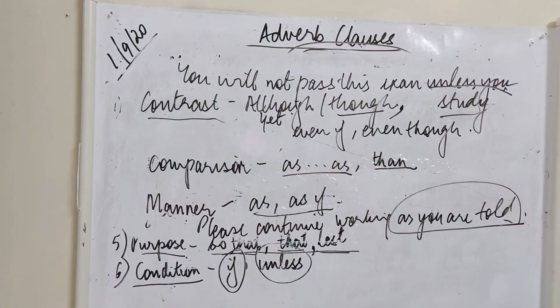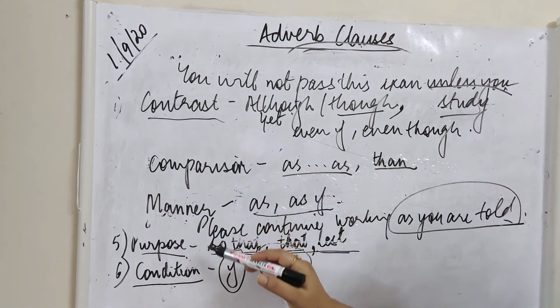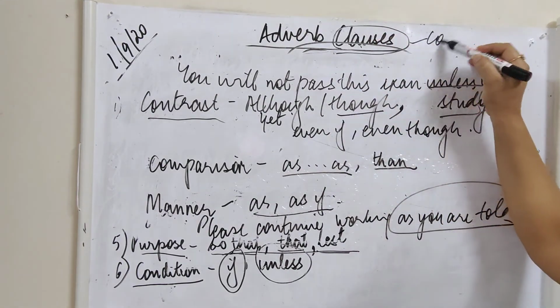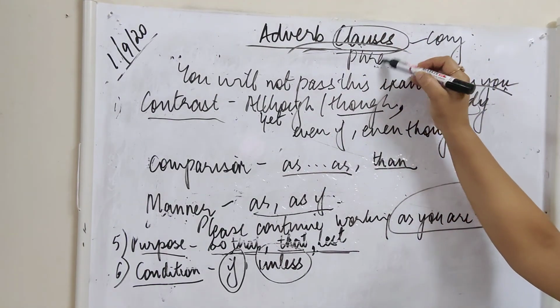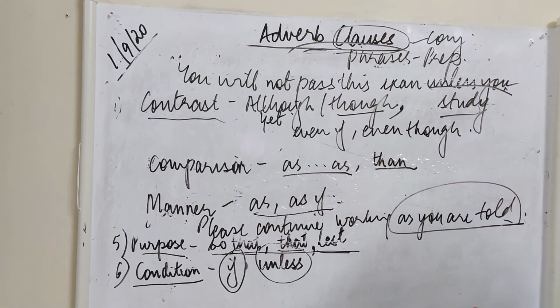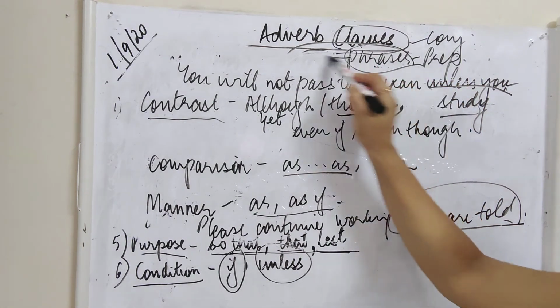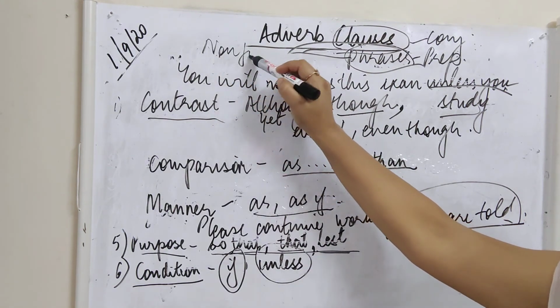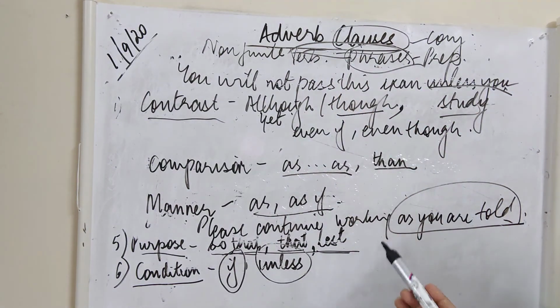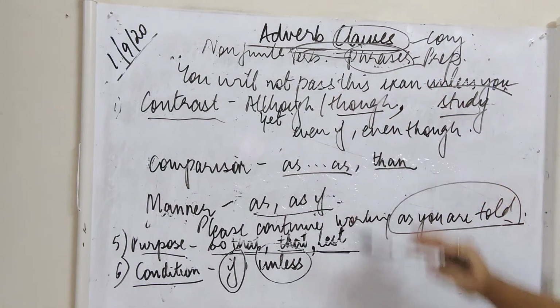Now I think that is all in the adverb clauses. You can be asked to identify which adverb clauses are there. You can even be asked to replace the adverb clauses with phrases. Always remember that clauses are introduced by conjunctions and phrases are introduced by prepositions. This is the way you can replace in doing the exercises. Secondly, phrases will always have a non-finite verb, or there will be no finite verb. So this is the main difference.